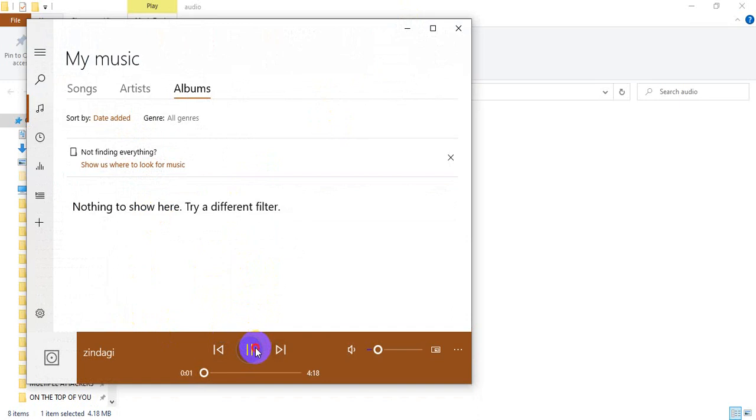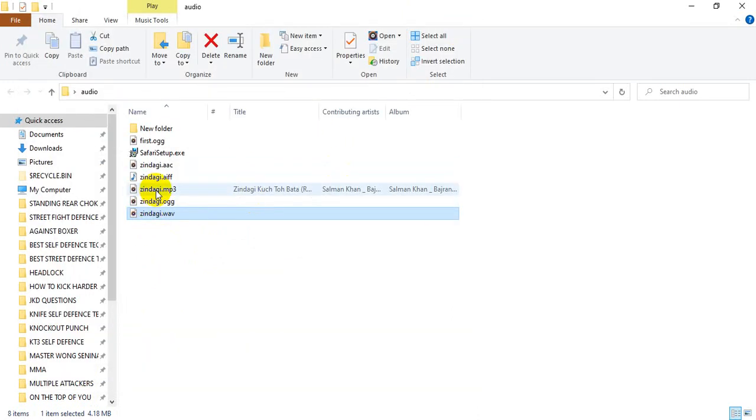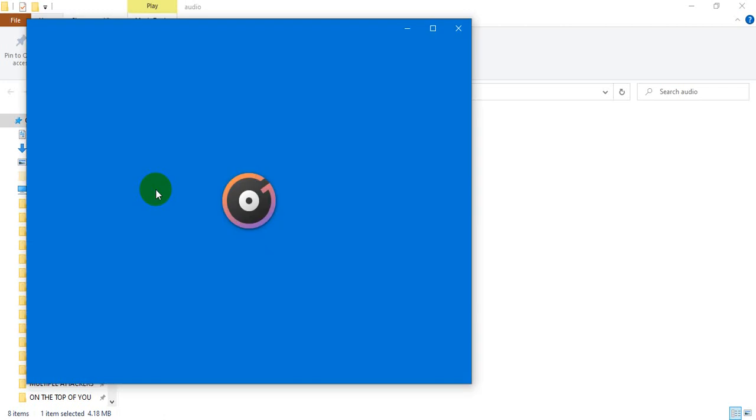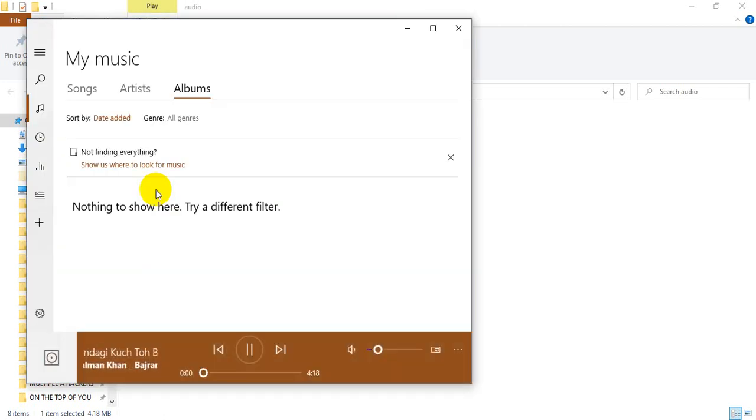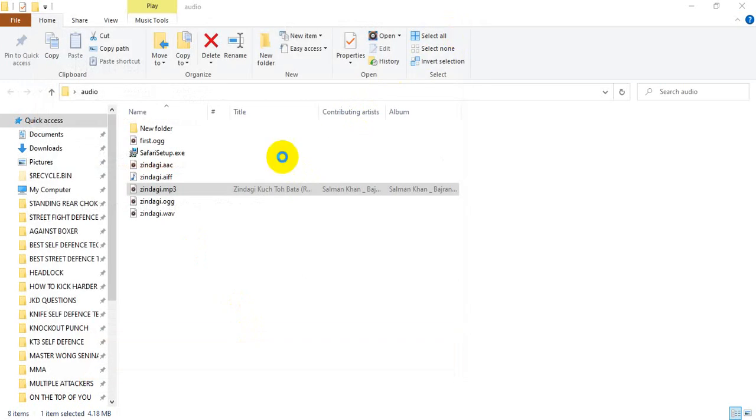Okay, even this one is working. Let me check the MP3 file. Okay, all three file formats are working. So we will add MP3, OGG, and WAV, these three files.